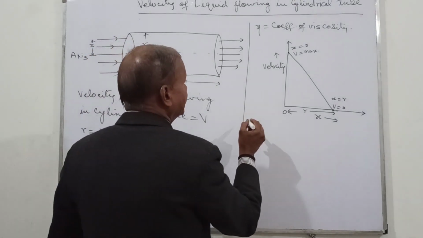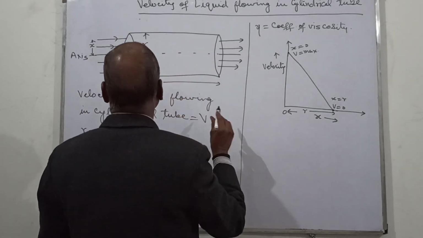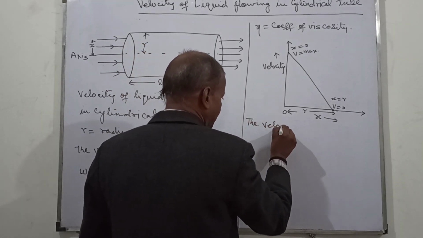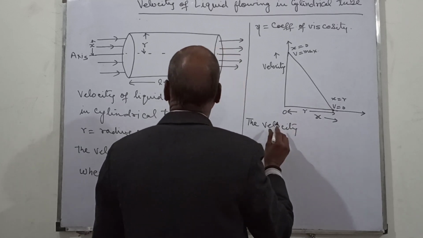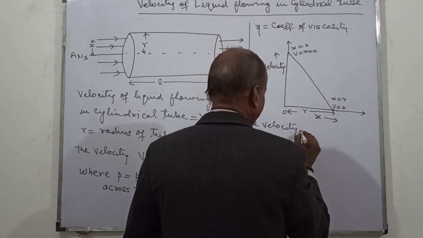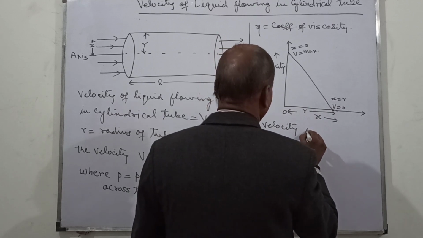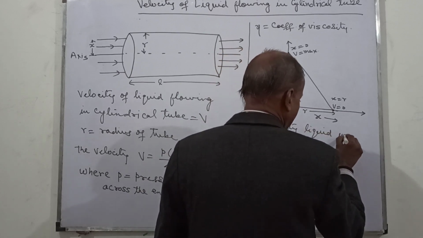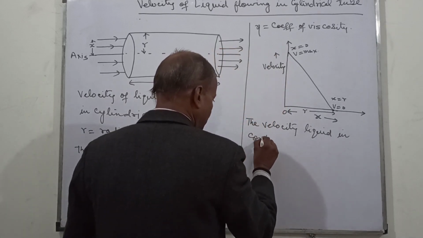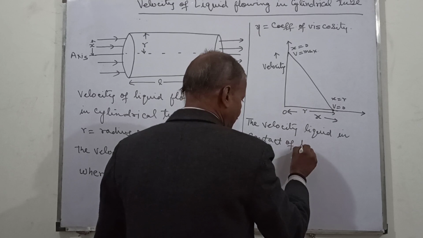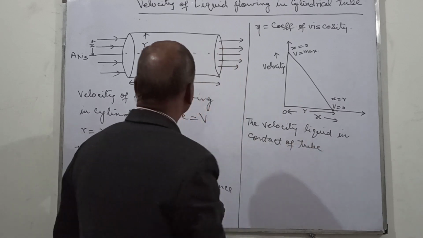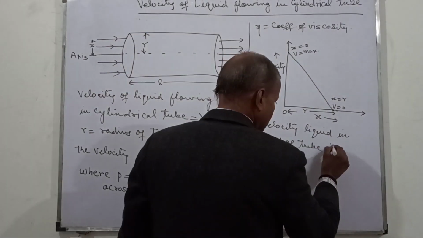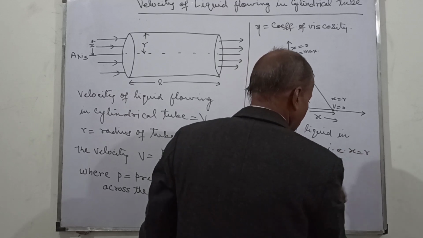It means that the velocity of liquid in contact with the tube, where x becomes equal to r, i.e. x equal to r,